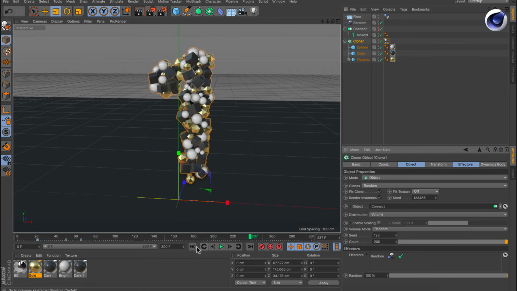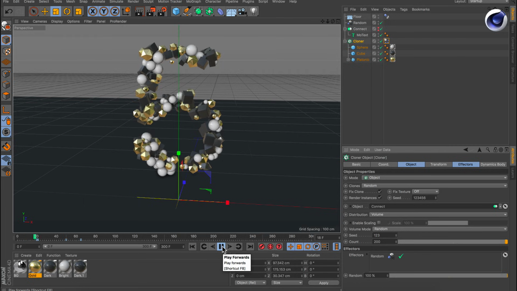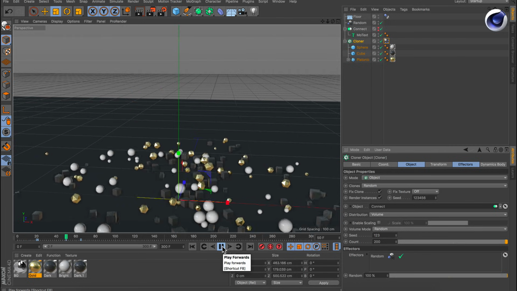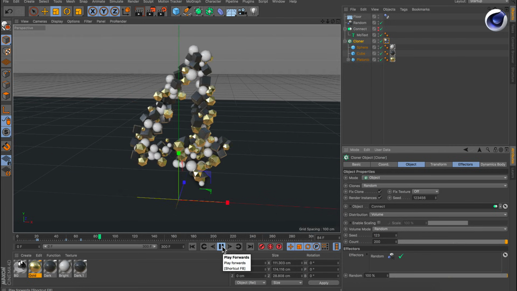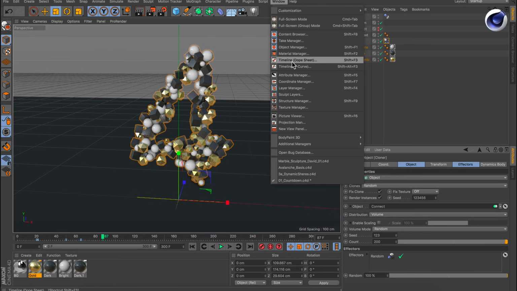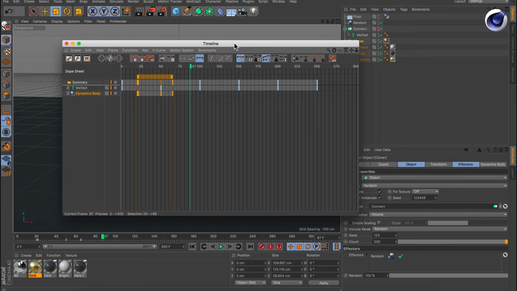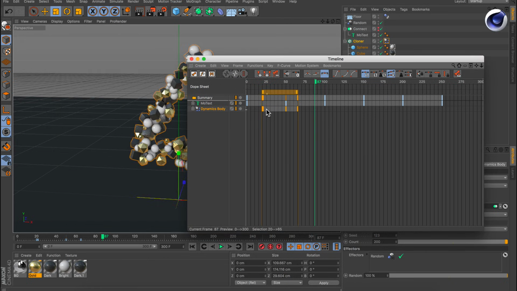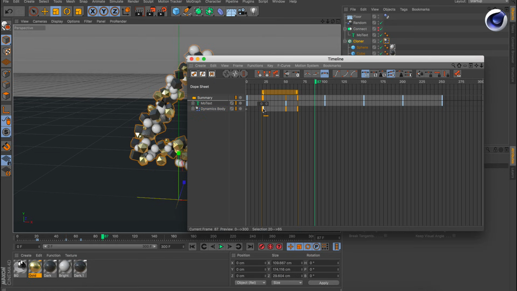Okay, now we need this animation of the clones falling down and being sucked up again for every single number. So let's bring up the timeline, and you can do that by going to Window, and let's use the timeline in dope sheet mode, which is this here. And here we see our keyframes. Those are the keyframes for the numbers. So here we have 5, 4, 3, 2, 1, 0. And those are the keyframes that we set up for the